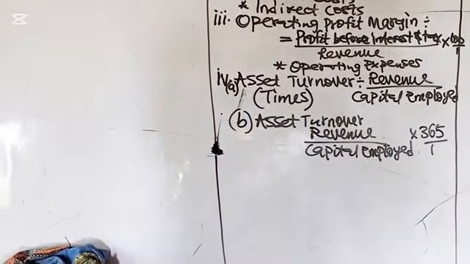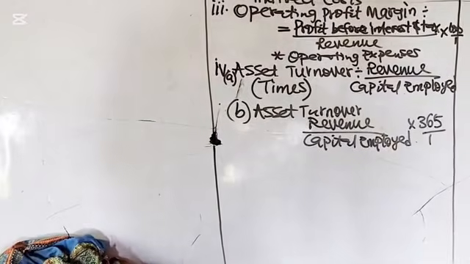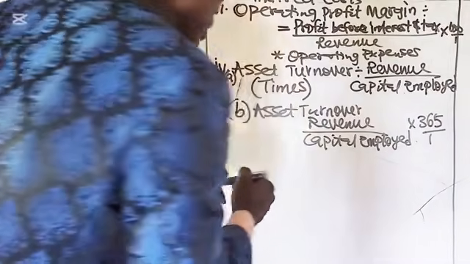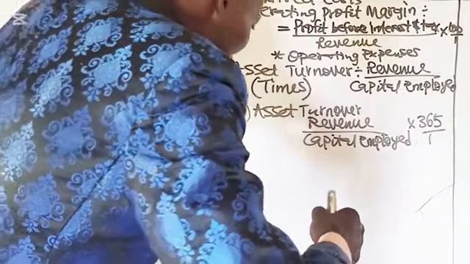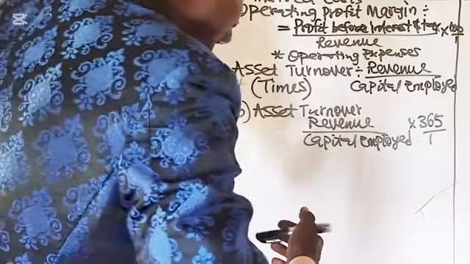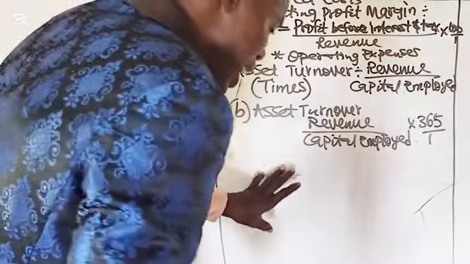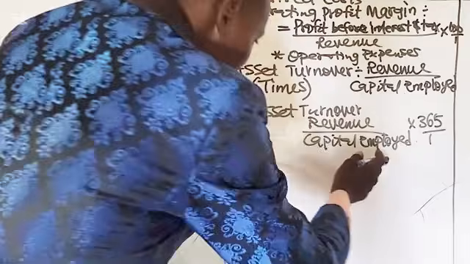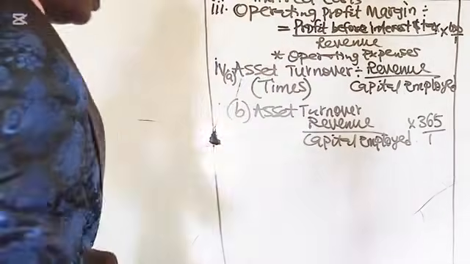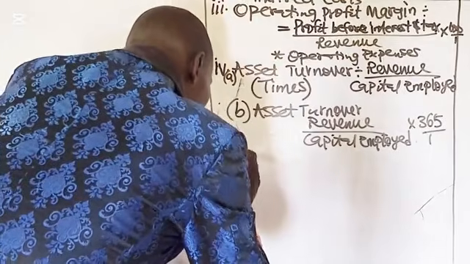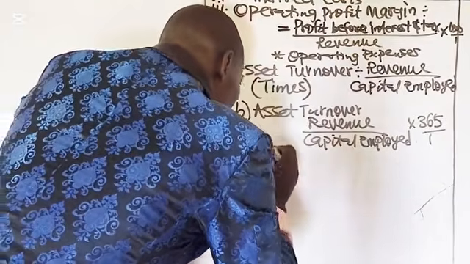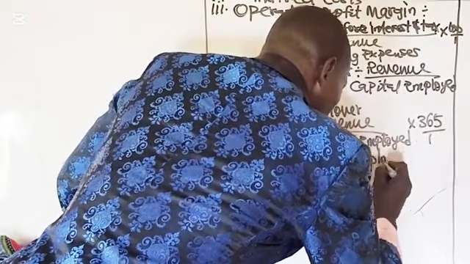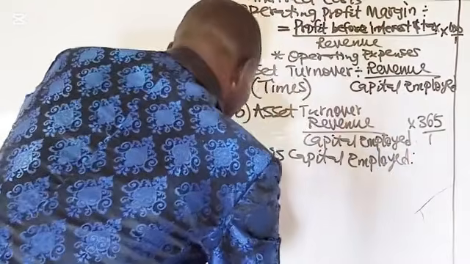But for this capital employed, there is no universal definition of capital employed. What is capital employed? These are the funds used in financing the business. That is capital employed: the resources used in running the business, the funds used in running the business. So what is capital employed? Capital employed could be